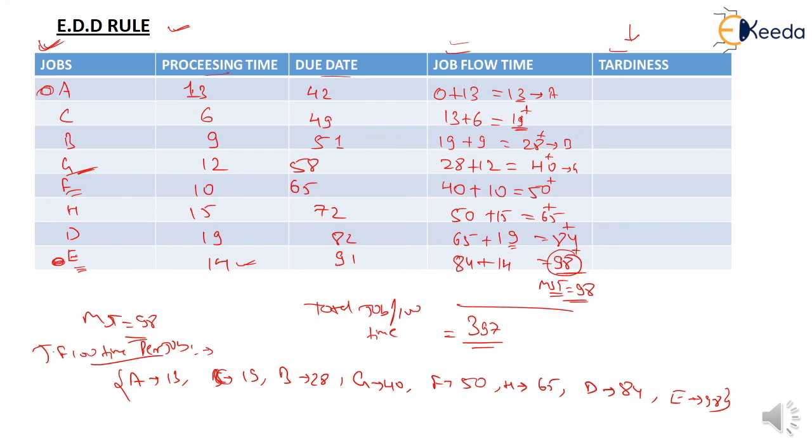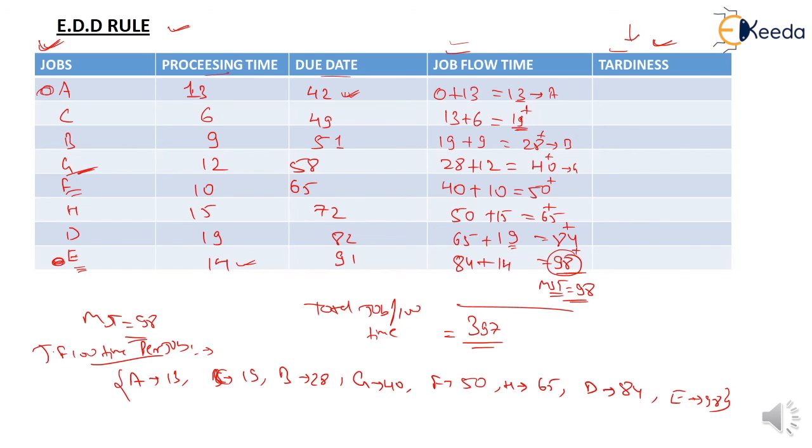Here we calculate the tardiness. So what is tardiness? If the job is delayed beyond the due date, tardiness is the amount of time by which our job is delayed beyond the due date. If our job is completed before the due date, tardiness is 0. Similarly, we can find the tardiness in the SPT rule, and in the EDD rule.